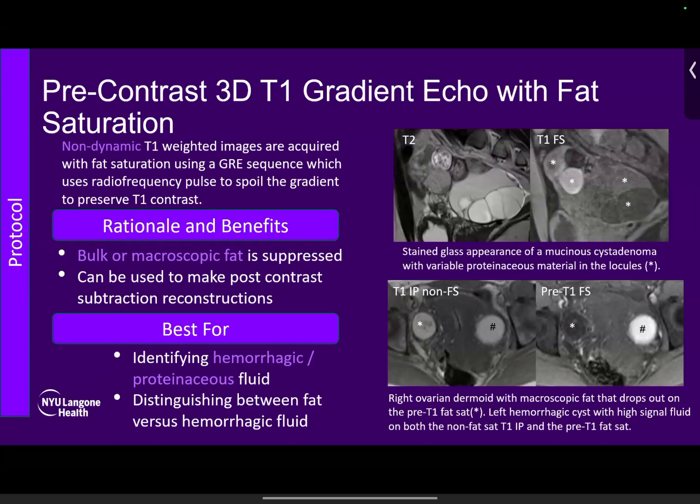Moving on to pre-contrast 3D T1 GRE, fat suppression, saturation or suppression. This is also very important. So this is for non-dynamic T1 weighted imaging. It's to really visualize bulk fat or macroscopic fat, and also to visualize any hemorrhage as well. So we use this in conjunction with the in and out of phase to really see whether something is hemorrhage or something is fat. So in this case,